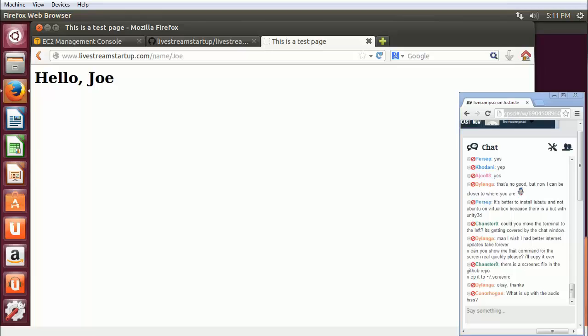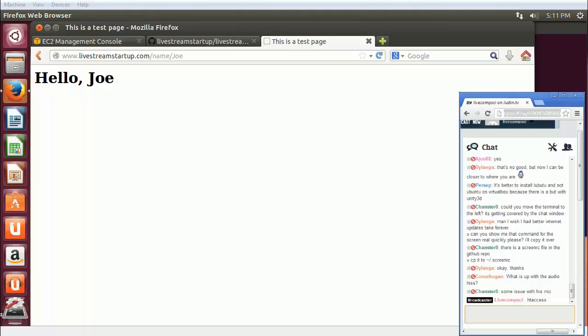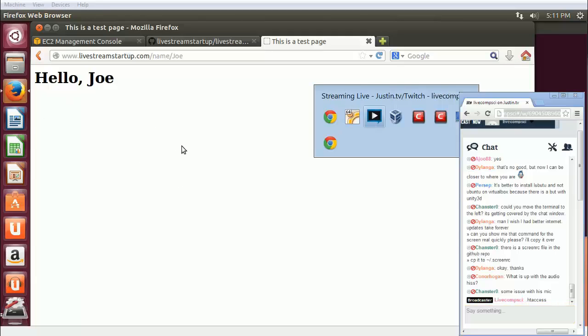All right, so just very briefly, inside of the GitHub repository, I have a screenrc.txt, which needs to become, like Chanster0 just said, .screenrc in your home directory, and the htaccess.txt needs to become .htaccess in your public htdocs directory, and the way that you find that,